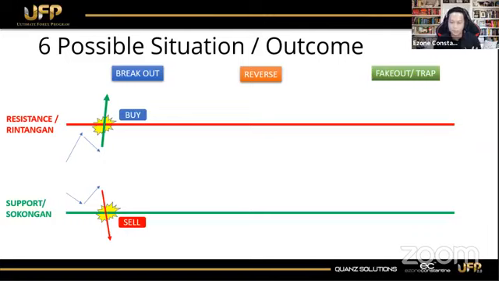Now, the next thing is we talk about reverse, okay? Reverse means something like this: the price is on the way to meet the nearest resistance. It goes down for a while, and right after that, the price tries to break out of this resistance level. But this resistance level is too strong, okay? If you get a chance later on, I will share with you how to identify whether the resistance is strong